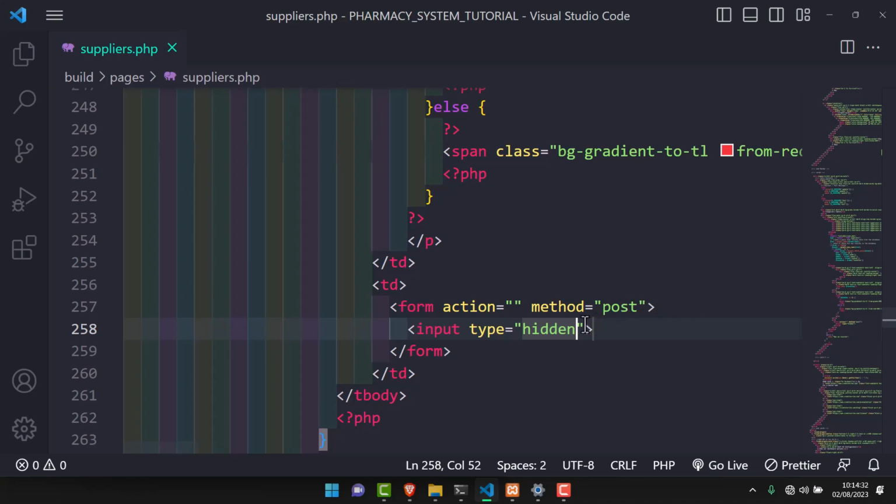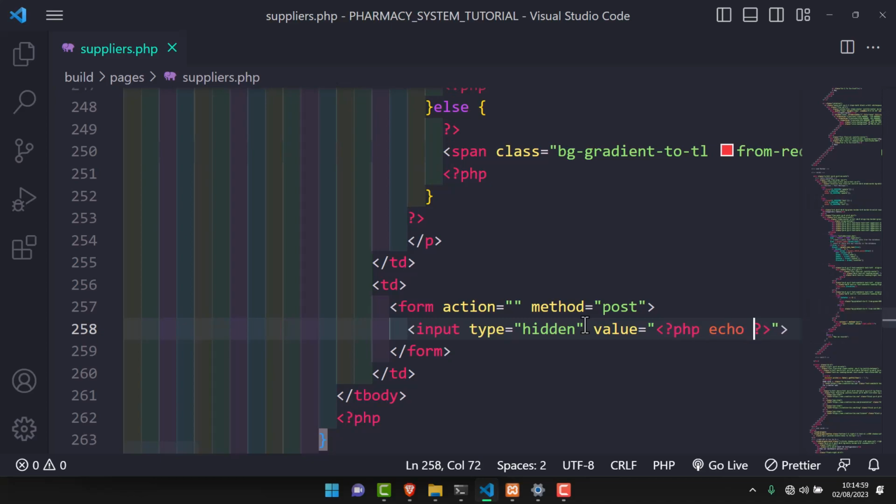And the reason as to why we want this is because we want to pass the current status of the supplier. We want to know the current status of the supplier, and so here I'm going to have a value, and within this value I'm going to echo